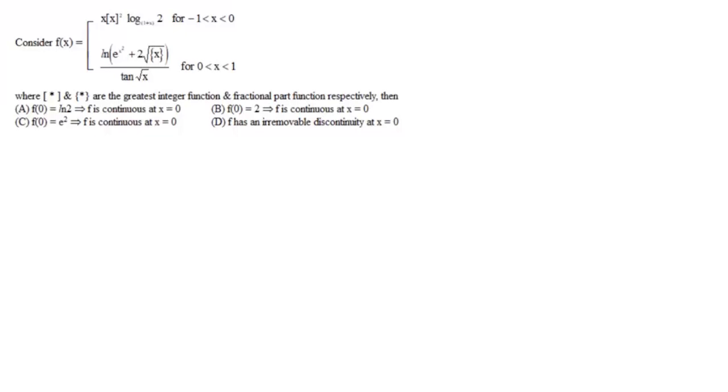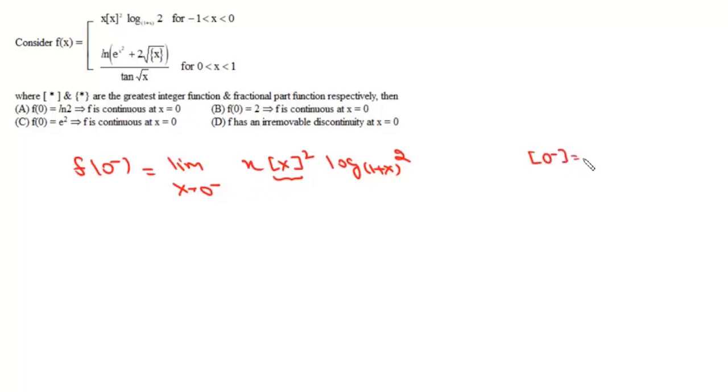Now here we are given this function f(x), and we need to check continuity of f(x) at x equals 0. Now if we find the left hand limit at 0, it will be this limit x tends to 0 negative, x into greatest integer function of x square, log 2 base 1 plus x. Now we know that the greatest integer function of x doesn't take a limiting value, it takes the exact value. Now when x is 0 negative, then the greatest integer function of 0 negative is minus 1, and minus 1 square will be plus 1. So we can write this as limit